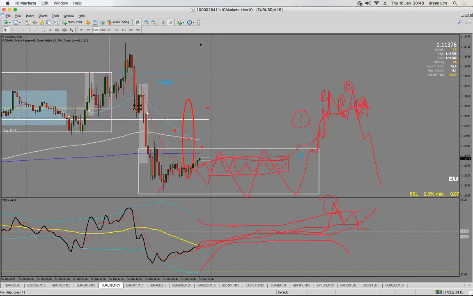At what point will you decide whether or not it's going to retest the 38, 50, or 61 level? You don't know. You could get a close below the 13 on price and it just goes straight away. It doesn't retest, it just falls, right? So nobody knows. We prepare for it. You can open